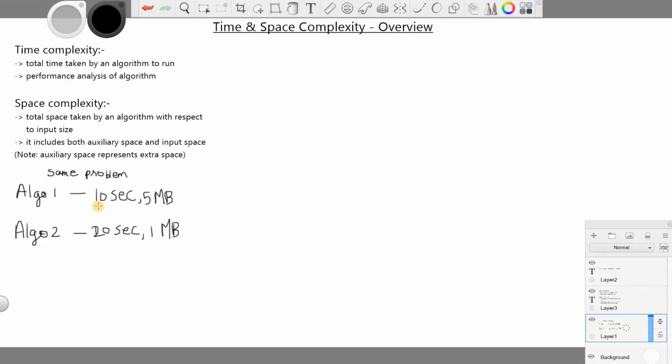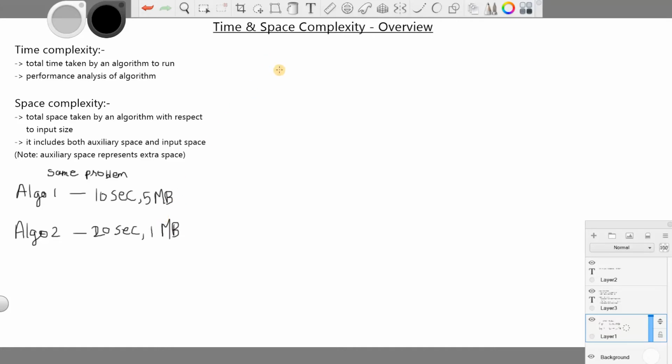If I consider only time complexity, I will go for algorithm 1 because it takes only 10 seconds. But if you consider space complexity, we have to go for algorithm 2 as it consumes less space. So based on your application and use case, you have to choose your algorithm properly based on time and space complexity. That is a small example for this analysis.